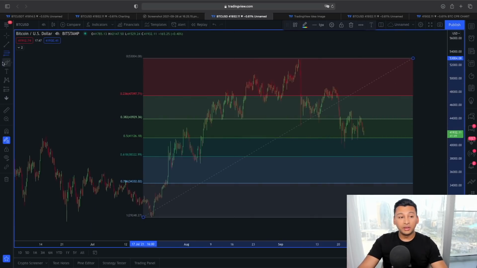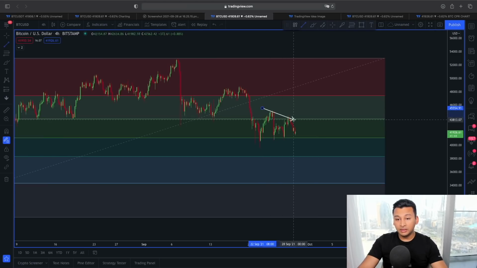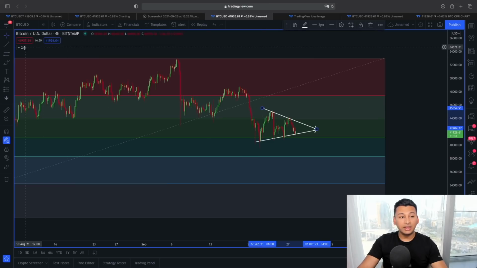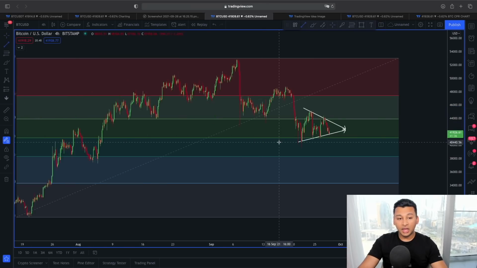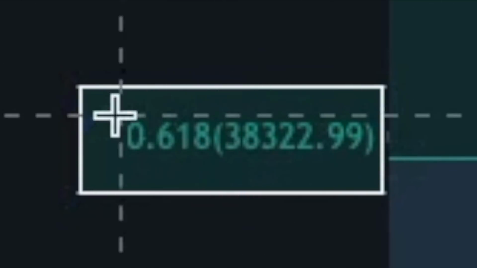Because if this trend is going to continue here to the downside, breaking this symmetrical triangle scenario, then we are aware our first target is going to be somewhere around $41,126, which is going to be the 0.5 Fibonacci retracement line, and the important line, which is the golden pocket level, the 0.618, and this 0.618 is also lying around